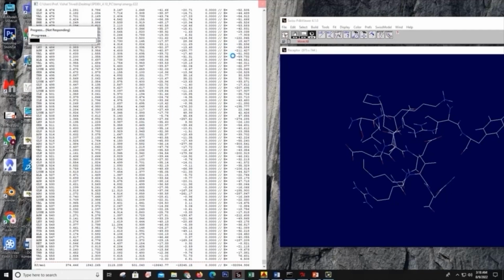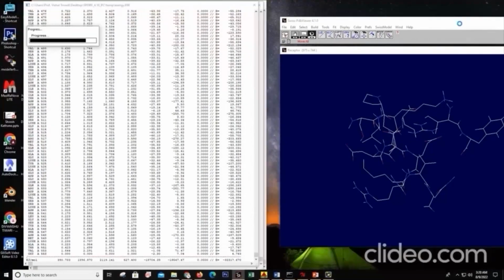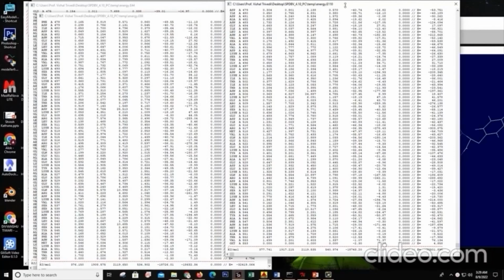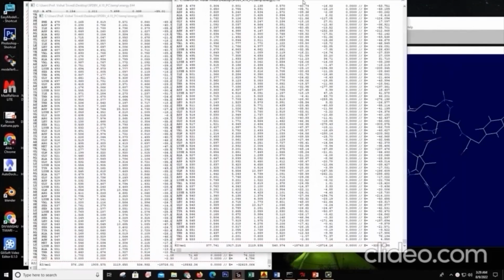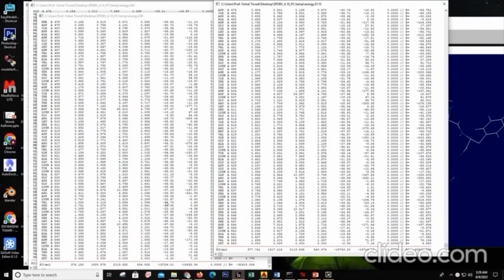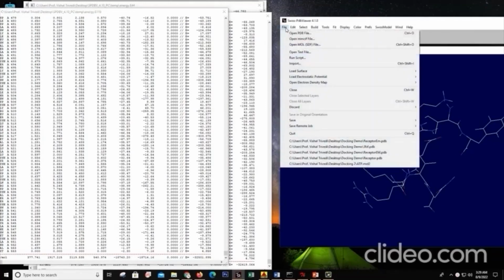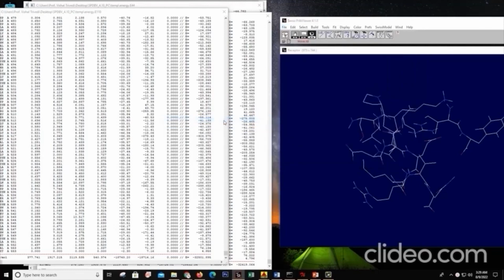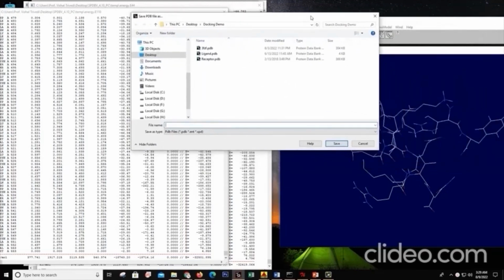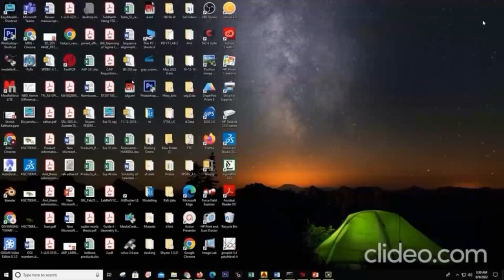And we have to keep doing this repetitively. We need to press Ctrl N until the energy difference between the two consecutive layers is less than 100. So after performing several energy minimization steps, now we can see the energy difference between this layer and the previous layer is less than 100. So now we can just click on this layer, and now we will click on file and then save and then current layer, so that it will save the most minimum energy layer of this receptor. Now we can just give its name receptor EM, that means energy minimized dot PDB. I will save this. Now we can close this Swiss PDB viewer,